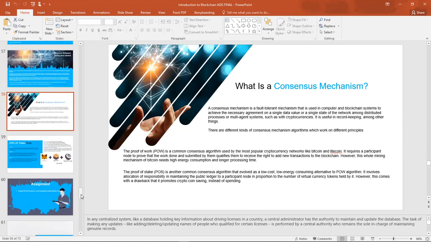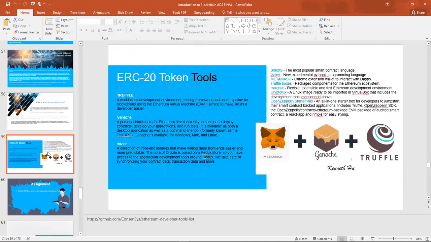What we haven't looked into deeply, as we finish up with the ERC20 token development, is how we can install the development tools in our system. We actually mentioned them, but we haven't used them, and we will be using these particular tools in our next lesson, that is on DApp development. So we talked about Ganache.